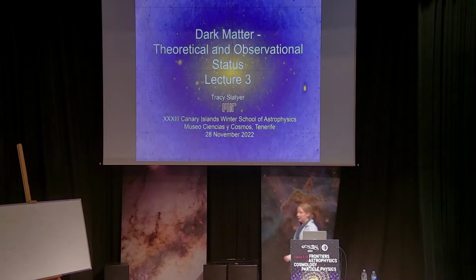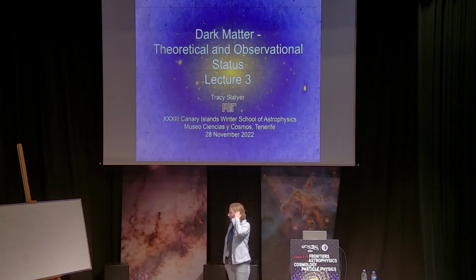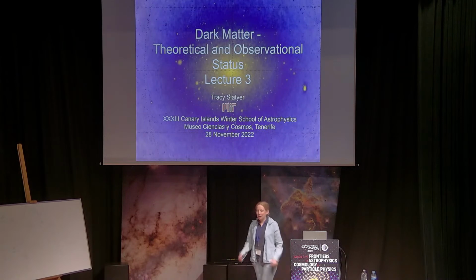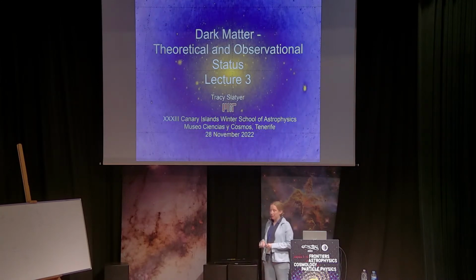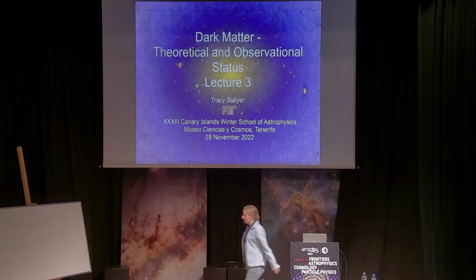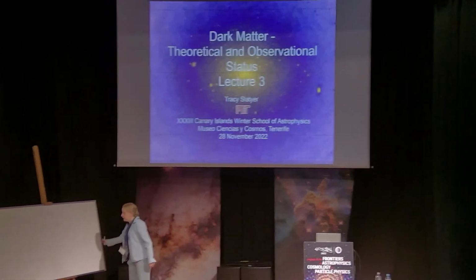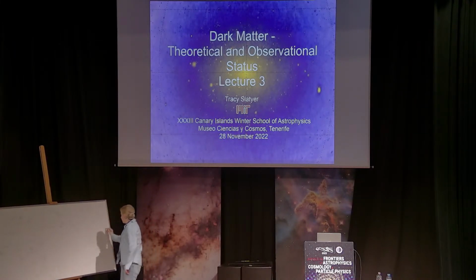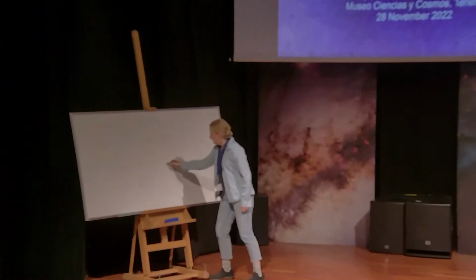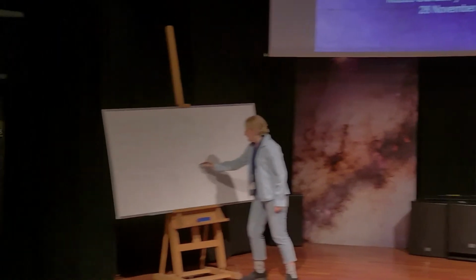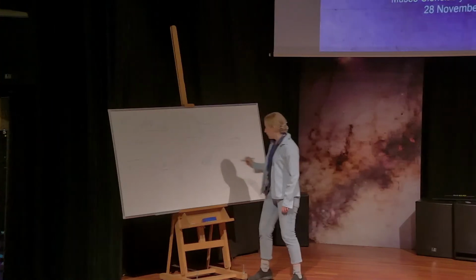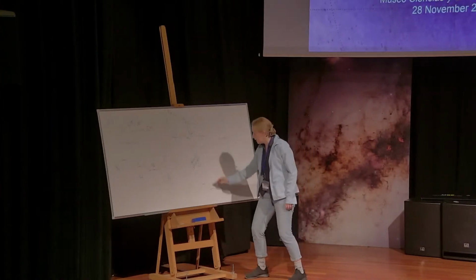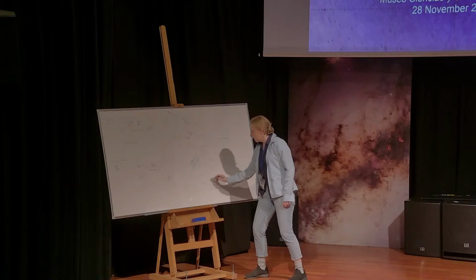Okay, very good. So welcome back to the second set of dark matter lectures. Yesterday we talked about cosmological constraints on dark matter, especially some of the theoretically motivated areas, especially the thermal relic framework. Just to sketch something that I showed as a cartoon yesterday, we think of the parameter space in terms of the dark matter mass and interaction strength, and we've talked about how cosmological constraints tell us that the dark matter can't be lighter